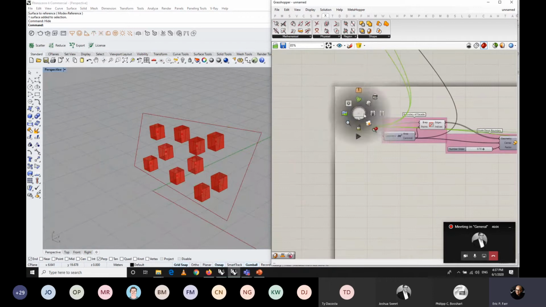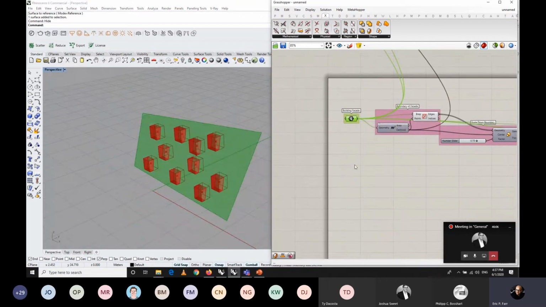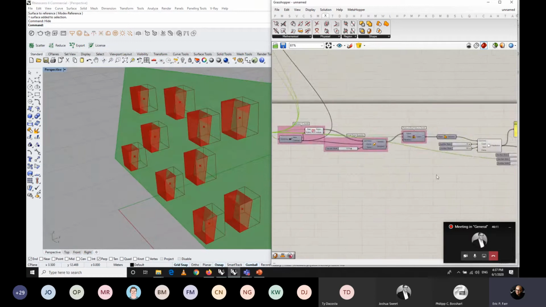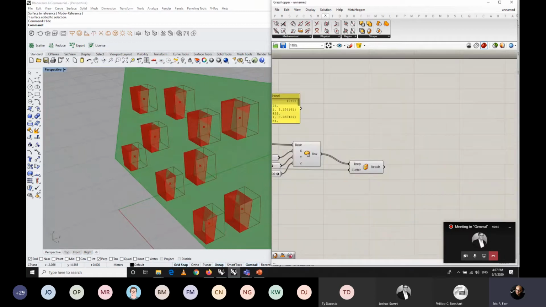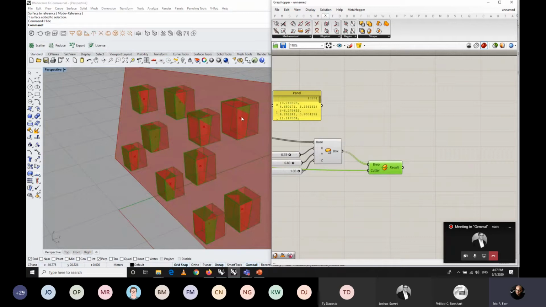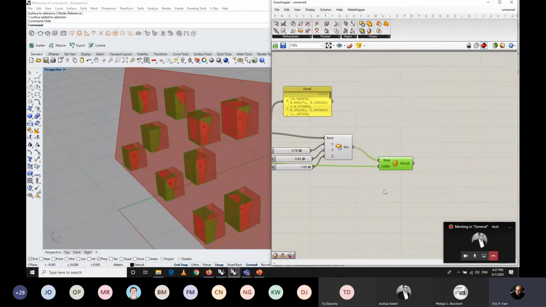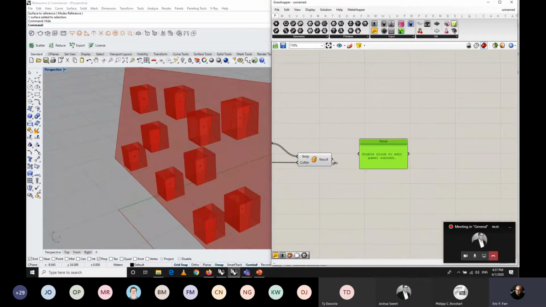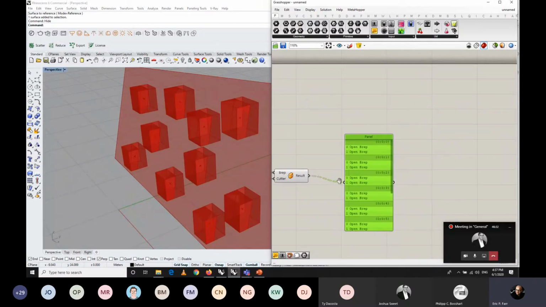So I want this one, which is the major surface that I had for my facade and for my building. So now the only thing that I need to do is just take out the part that is in front, or the other one. That doesn't matter. So if I look into the data set that I got in here, I have a series of the open BREPs